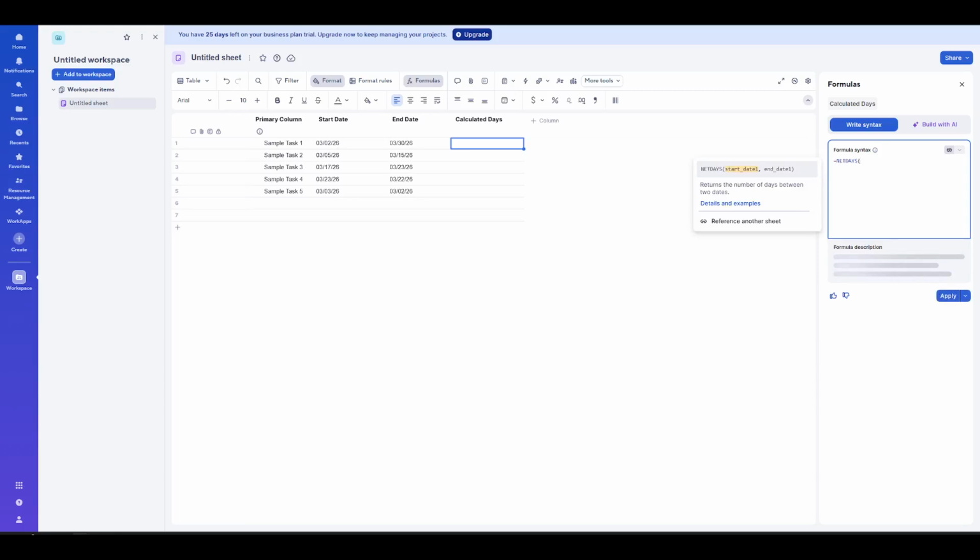If you're tracking project durations or task turnarounds, this is often what you want, since it focuses on business days. After you type net days, press Enter to confirm the function name, and Smartsheet will prompt you for the two date inputs. Click the start date cell for the same row you're working in, then type a comma and click